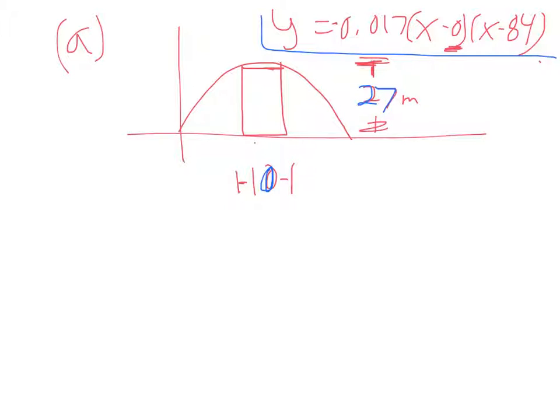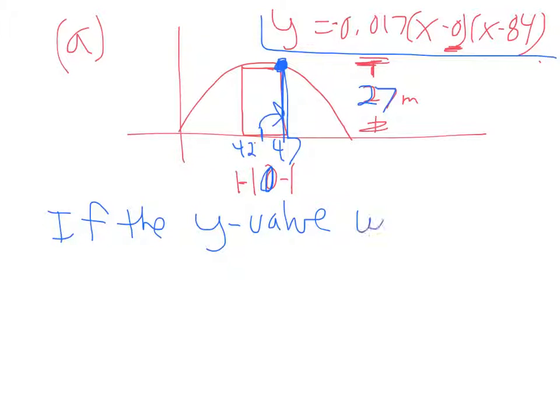Well, let me see. I need to figure out what the y value is on the curve, so for this x value here, what is it? I know that halfway is 42, so I would have to add on 5, because the boat is 10 wide, so that would be 47. So if the y value when x equals 47